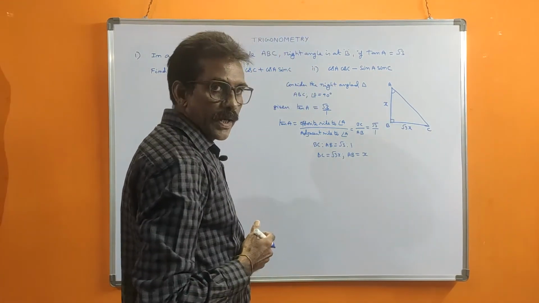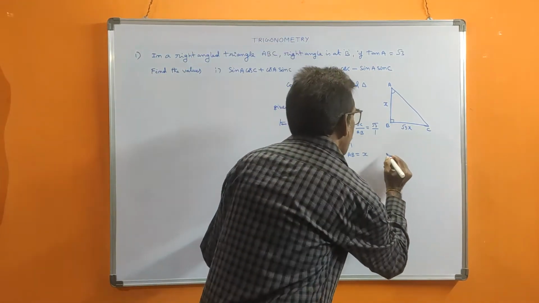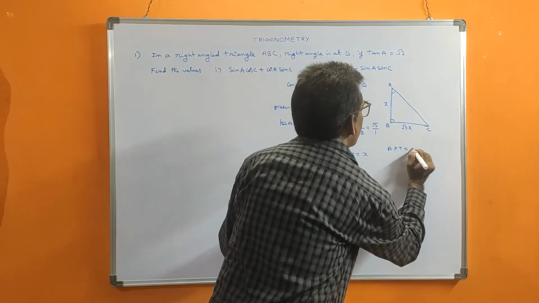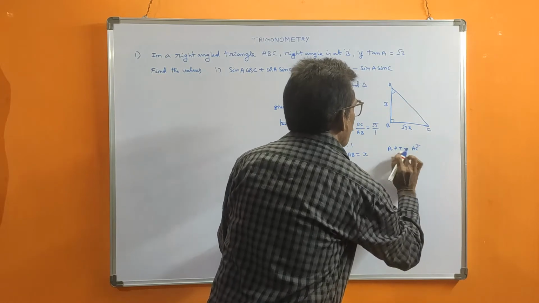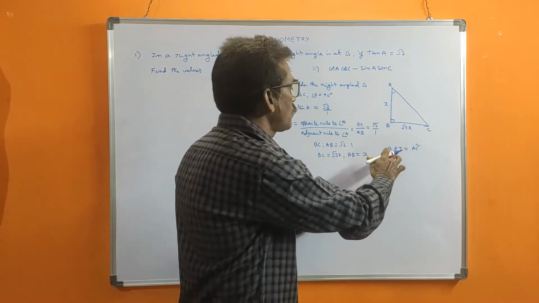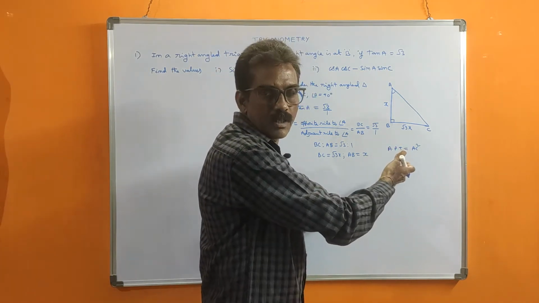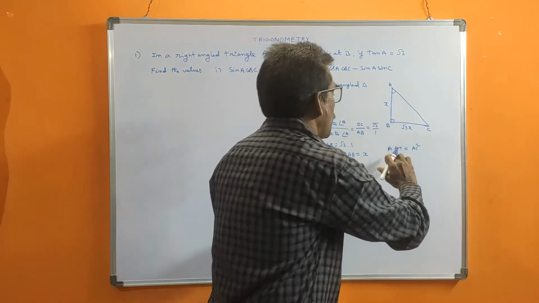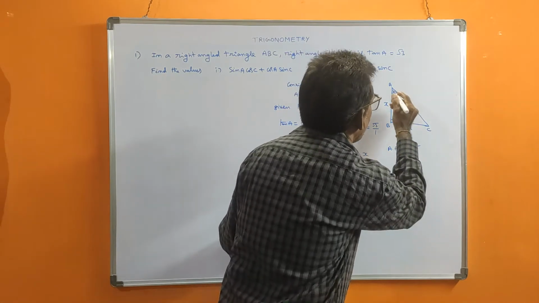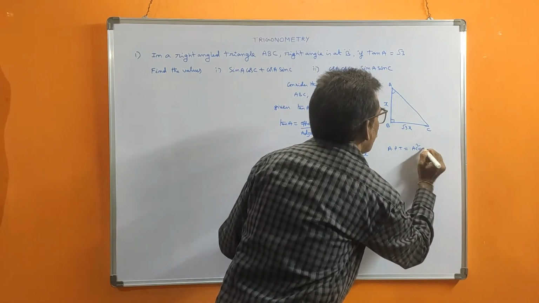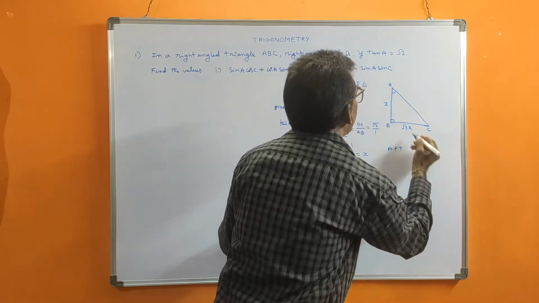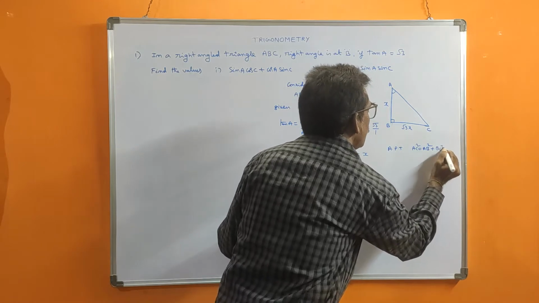Now we should find the third side AC. That is by the Pythagoras theorem. I wrote APT, but if you want, write it in full, I am telling you so many times. In the exam, write according to Pythagoras theorem, then you will get marks. According to Pythagoras theorem, AC square is equal to AB square plus BC square.